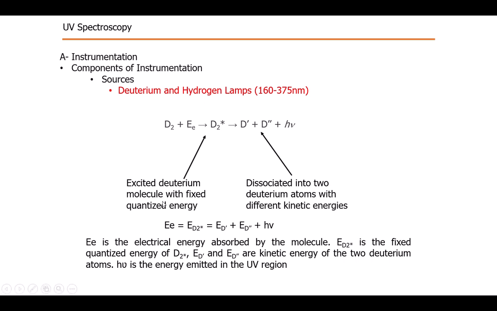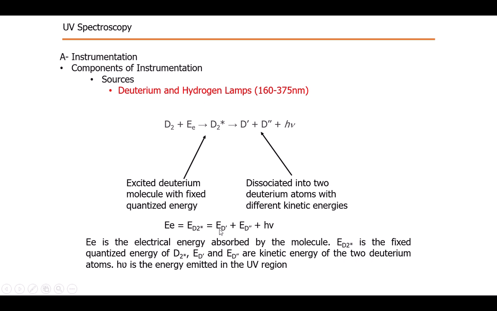Excited deuterium molecules with fixed quantized energy. Obviously, it would take a fixed amount of energy which is quantized, and it will be in a fixed wavelength and fixed frequency, and that amount of energy would excite the deuterium molecule. It will be broken into deuterium atoms, and the amount of energy will be emitted. This electrical energy will be equal to the amount of energy which is quantized. Electrical energy absorbed by the deuterium molecule will be equal to the amount of quantized energy for the deuterium molecule,